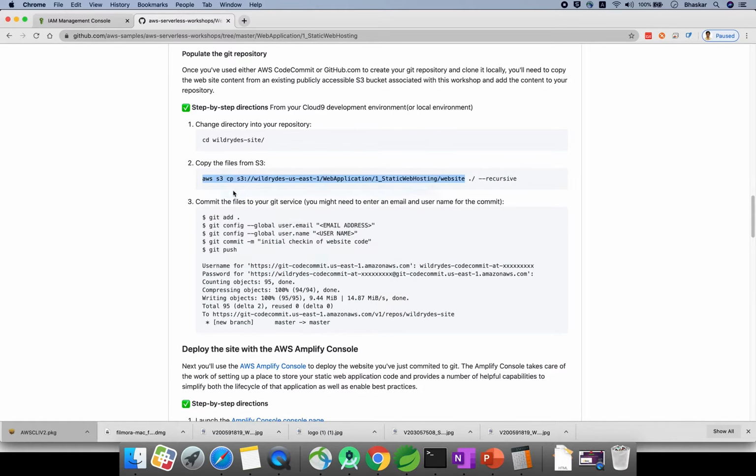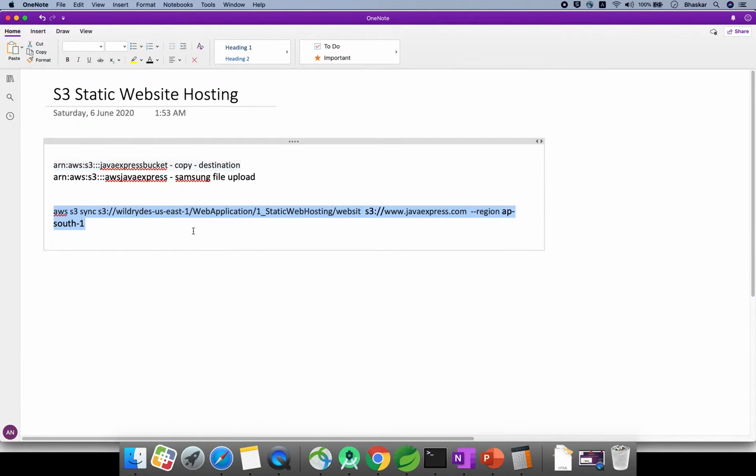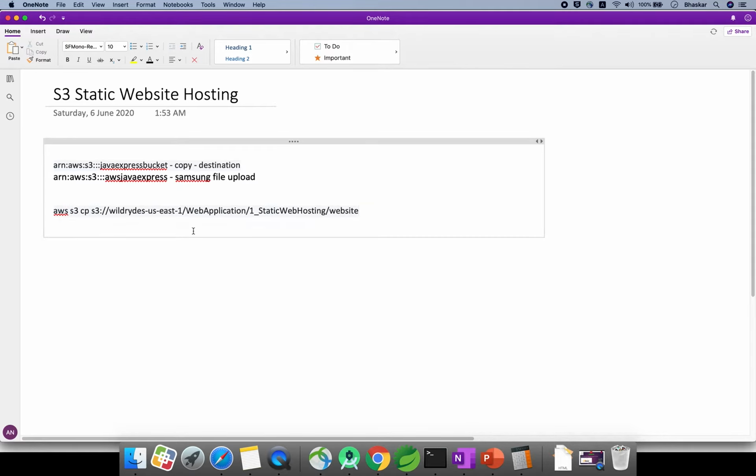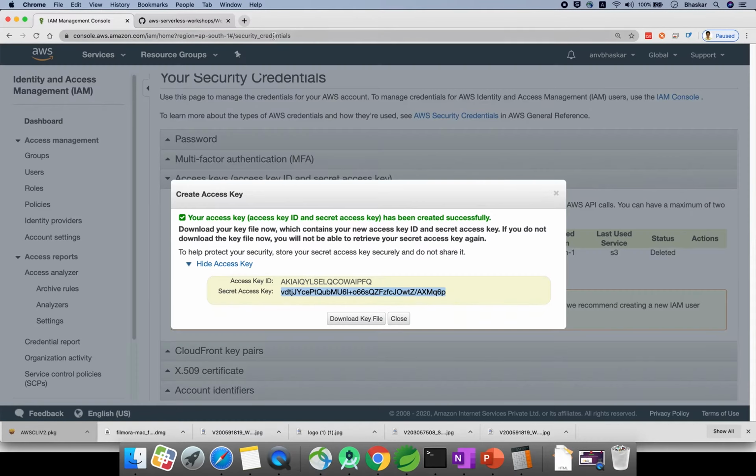You are not able to copy to your bucket, right? Let me check. This is your host, and I need to provide your destination bucket name, javaexpress.com, hyphen, region. You want to give your region name. Let me check.